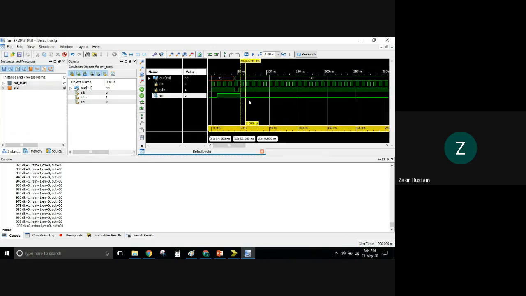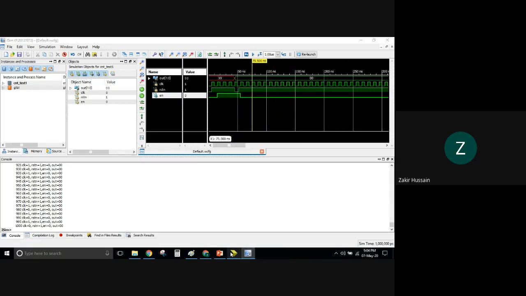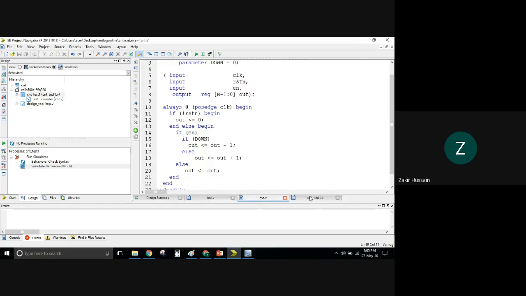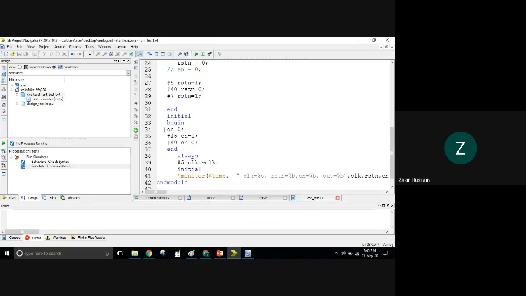You notice this? Everywhere it has become 0 in spite of setting it in the test bench. In this test bench, we have set this enable to 0 at simulation time 0, and at 15 we are setting it to 1.